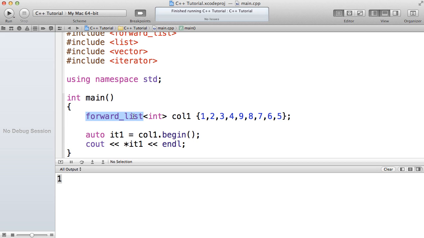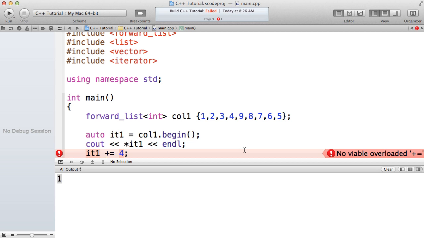Well, this is a forward list, which means it only provides a forward iterator. What I might try is something like iterator plus equal 4. Well, that's not going to work. It's going to give me a compile time error. Since this is a forward iterator and not a random access iterator, it doesn't supply the plus equal operator, so I can't use this. Now, of course, if I change this to a vector,